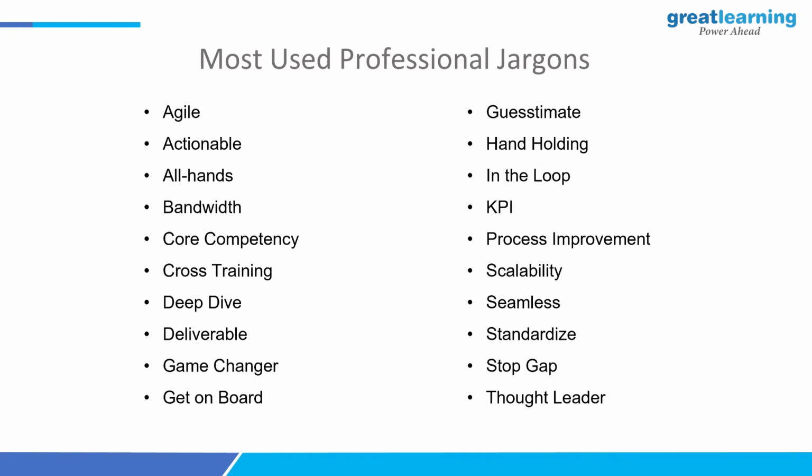Cross training. Cross training involves teaching an employee who was hired to perform one job function some other skill sets that are required to perform other job functions. Deep dive. When a business has a problem, a deep dive may be conducted to investigate the issue and to mitigate its negative effects in an efficient and cost effective manner. Deep diving allows the business to be sure of their solution so they can operate in the most risk averse